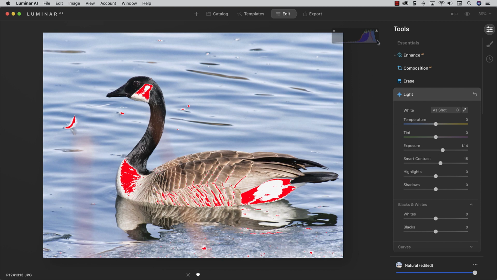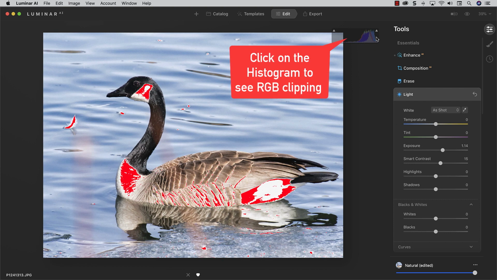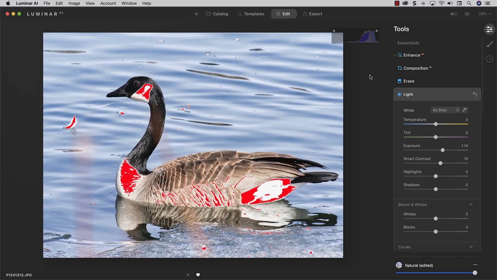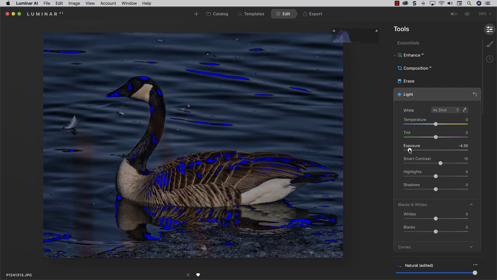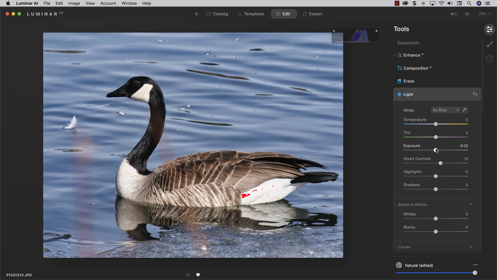Now right now I'm looking at all channels, all colors together. You can individually look to see if, say, maybe just the blue is blown out or something like that. But I'm just going to keep it simple for now. When we pull our exposure to the left, or underexpose, you're going to see that areas of blue show up. And you can see that the histogram as well is now leaning to the left. So it's all the way pushed to the left, and anything that's blue here is underexposed. And that's basically how you use the histogram. And I like to check my histogram on all my images.